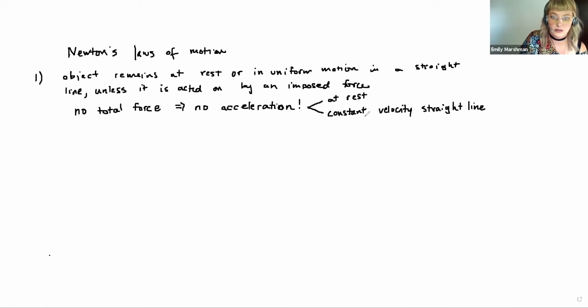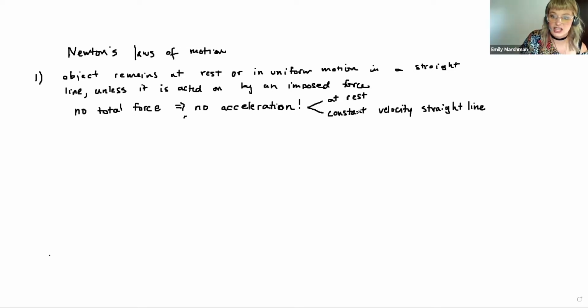So just because an object is moving doesn't necessarily mean it has a net force acting on it. If the object is moving in a straight line at a constant velocity, that means there's no net force acting on the object. Okay? If you're out in space, right, and you throw a wrench, the wrench is going to